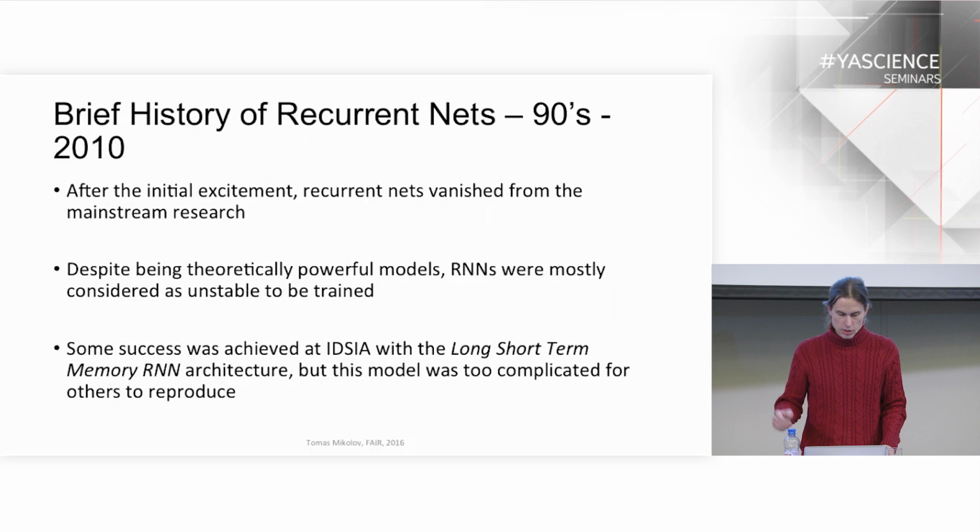Well, the excitement didn't last that long, because soon several research groups figured out that there are some problems with training the recurrent networks, and maybe there was some slight overstatement about the drawbacks. For almost 20 years, recurrent networks were in general considered impossible to train by stochastic gradient descent and backpropagation through time because of the vanishing and exploding gradient problems. So it was a little bit disappointing that there was so little work on RNNs for pretty much 20 years.